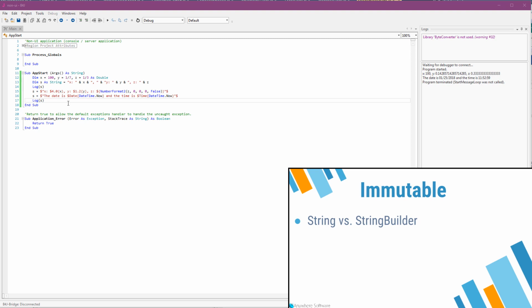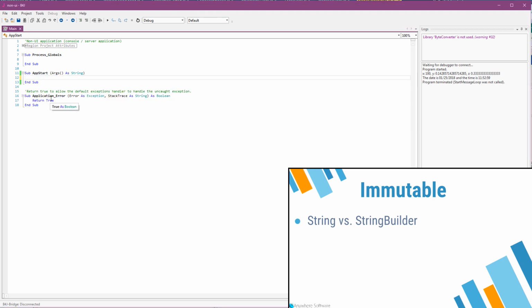Strings are immutable objects. You cannot modify an existing string. You can assign a new string to the string variable. Now, in most cases, you can ignore this fact. It makes working with strings easier. However, if we have code such as this one,